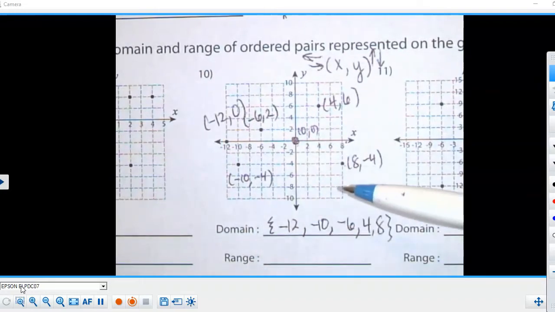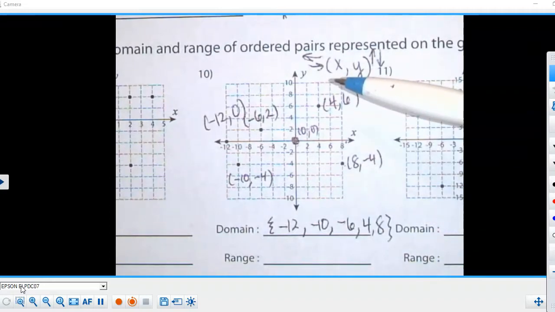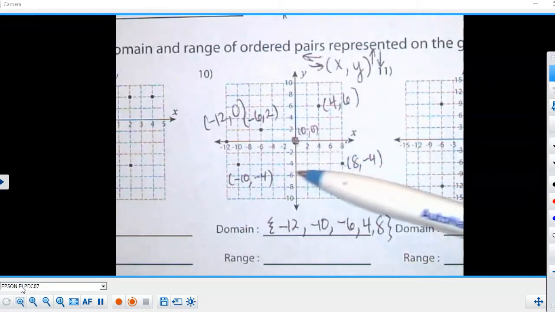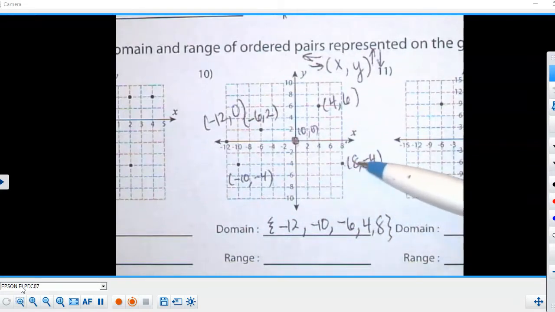Now watch how I do the range. I'm going to do bottom up. That's the same thing I was trying to tell y'all with continuous functions. So I'm going to go down to the bottom. The lowest y value is right here, guys. The lowest point on this given function or graph is at negative 4, and they're the same. So I'm going to put negative 4,